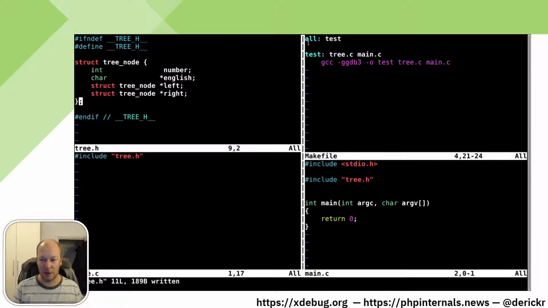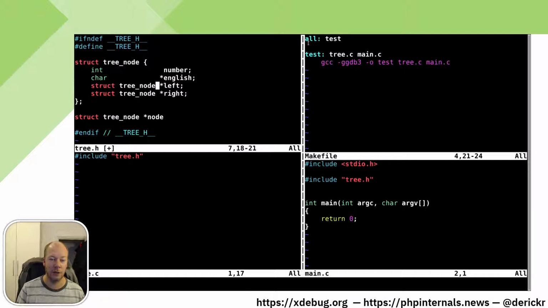So the idea now is that we need to create the tree, but we don't really need to create a tree. The only thing that you need to do is create a tree node, right? So we can set up our function that we need to create, which is tree node. I am going to shorten this to node because I am going otherwise a bit bonkers. It's shorter to type. That's never a good excuse to do something, but